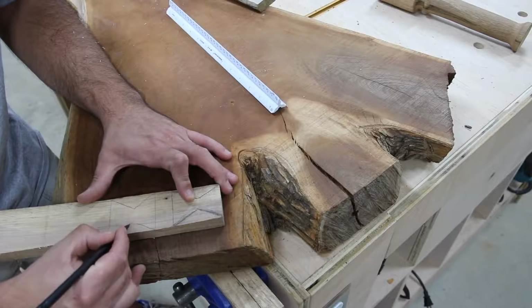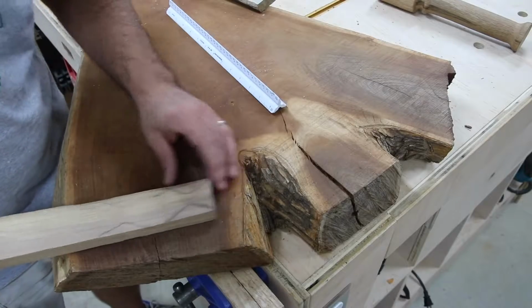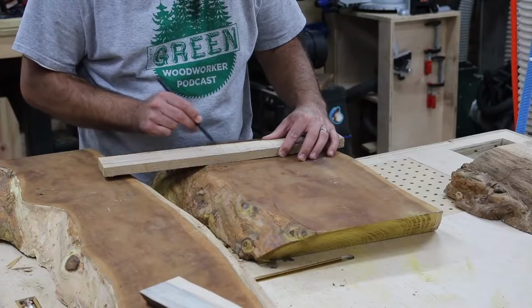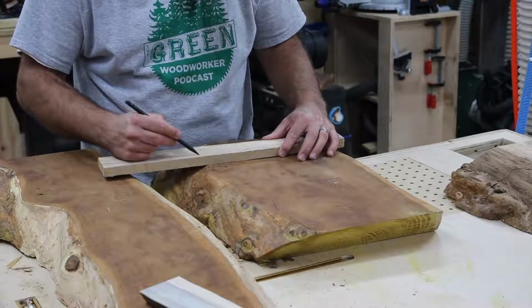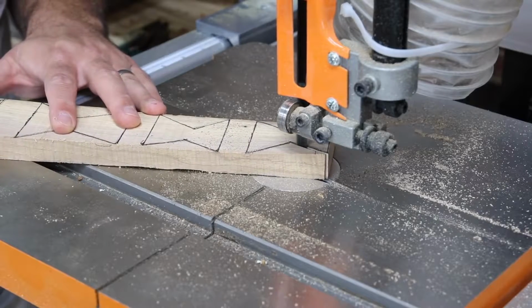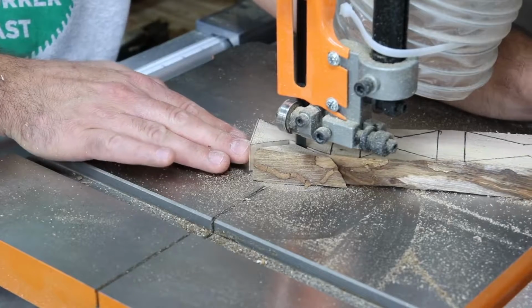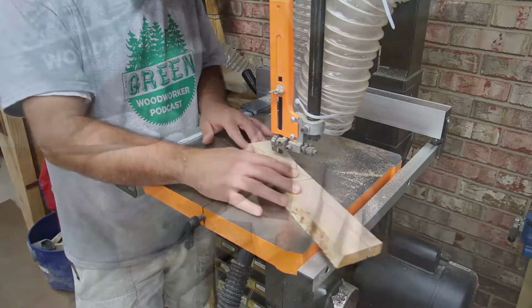The next thing I wanted to do was to figure out where I wanted to put some bow ties. I had a few splits in this slab on the ends, and so I wanted to put some bow ties in there and just kind of dress it up a little bit and give it a nice look. I'm cutting the bow ties out of the same hickory that I'm doing the legs with, so it should tie all together. What I did, I just took a strip of hickory, it's long grain here,